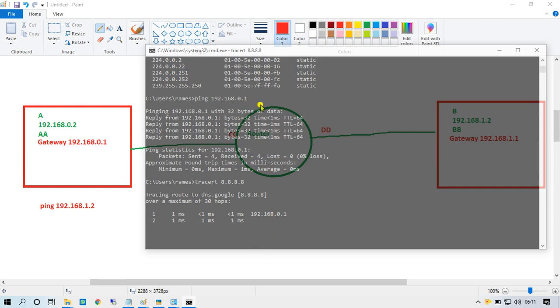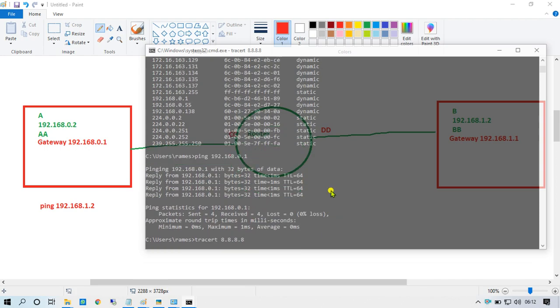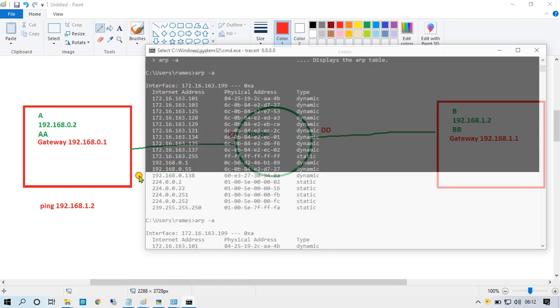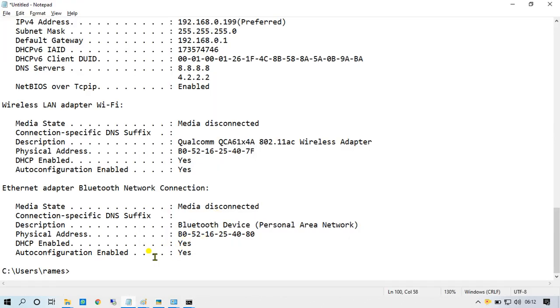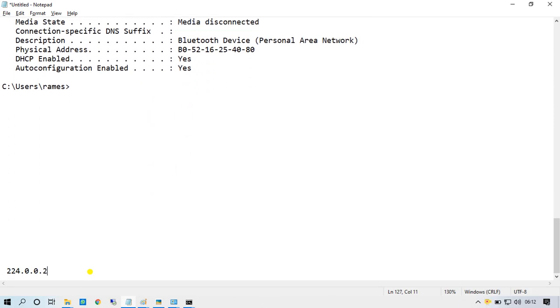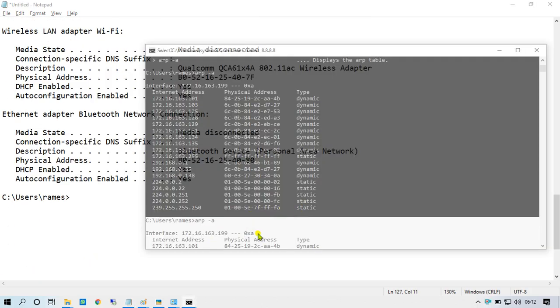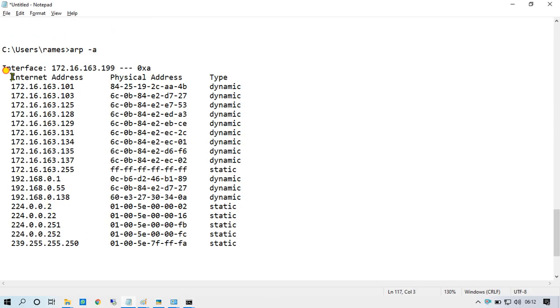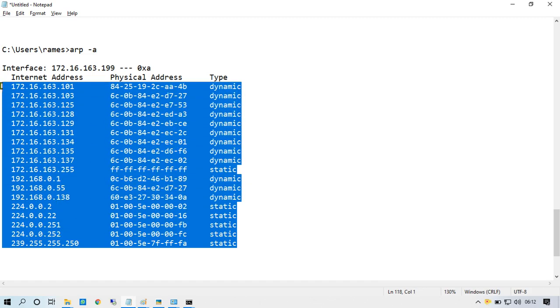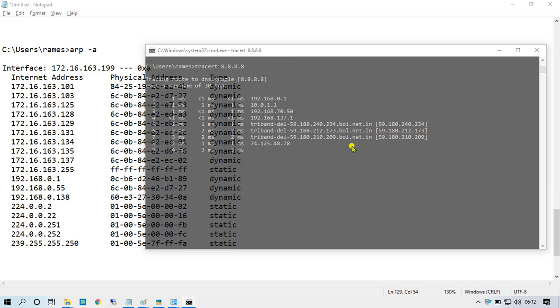First I have reached here. Okay. Now how many ARP entries are we getting here? Let me check. This one is my ARP table, so I am going to write ARP here. How many ARP entries are we getting? 1, 2, 3, up to 18. 18 ARP entries we are getting here. Communication is currently going on, so just wait for a second.